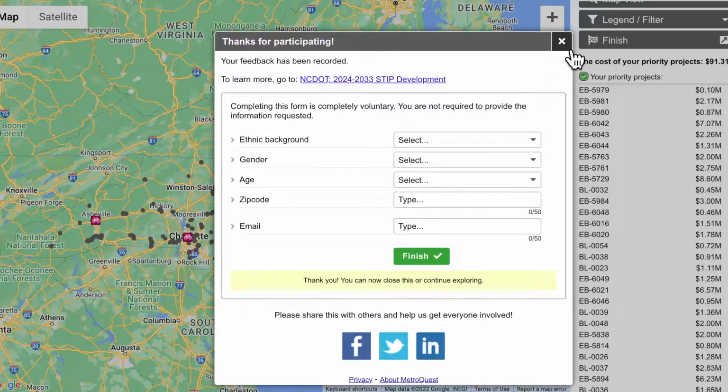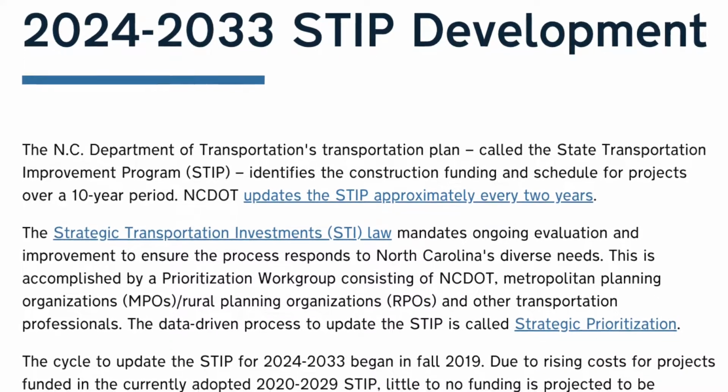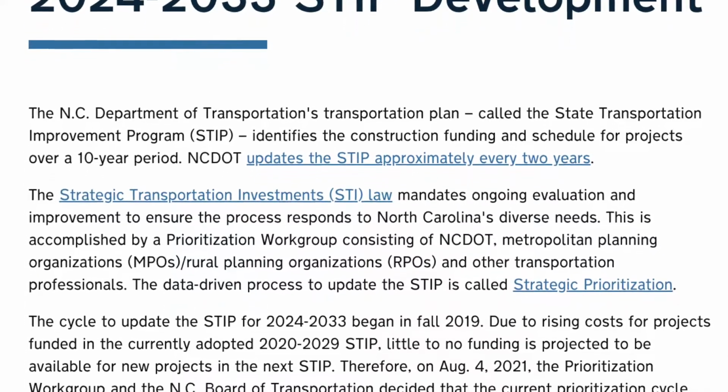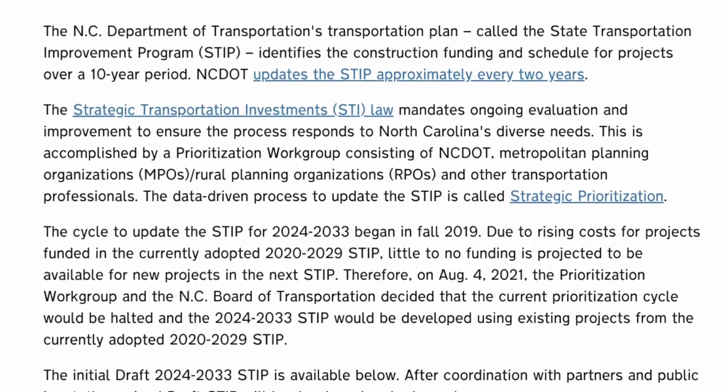As I said, once you come to a place where you want to settle down and stop for this session, click the finish line flag. The toolbox will pop up and you'll just hit finish as well. So once you're finished with this particular session, we hope that you'll return and apply this strategy to other projects across the state.